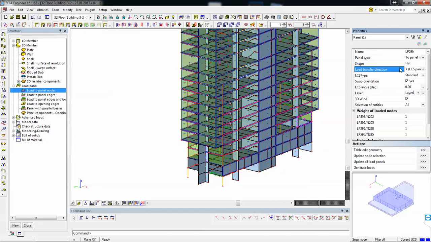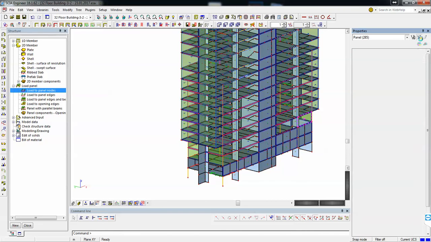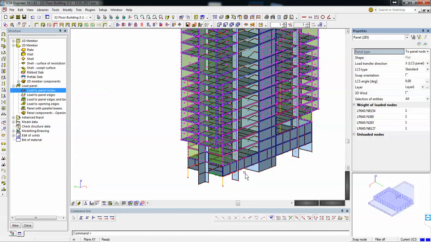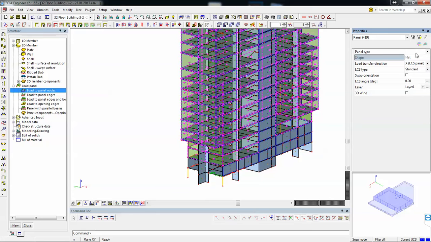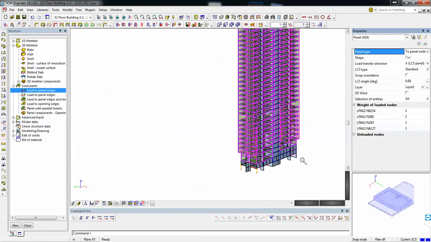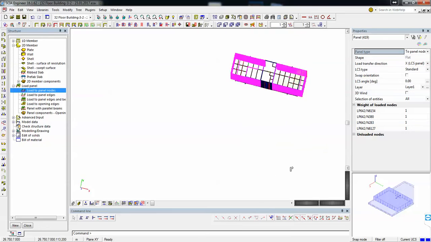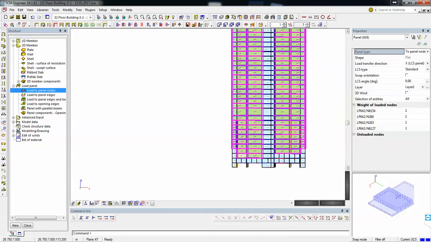Let's see, load transfer. I will select all the panels. Also, I will have to make sure that all panels will transfer loads, so I didn't skip some. So to panel nodes, all okay, but I also need to test if you have any within the building.